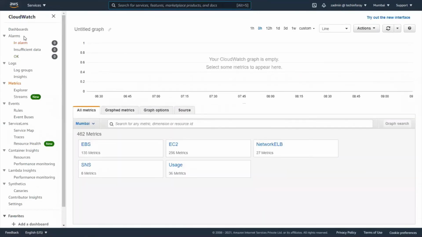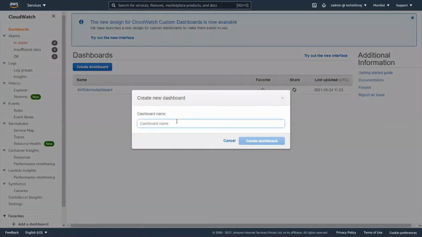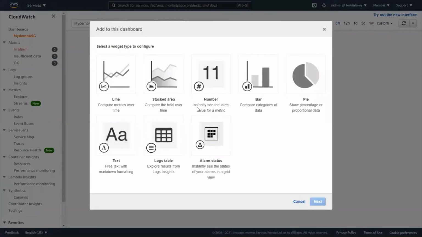So here, let's create a new dashboard. Create dashboard, my demo ASG dashboard. We can select a line, stacked area, number, bar, pie, whatever we want to add.